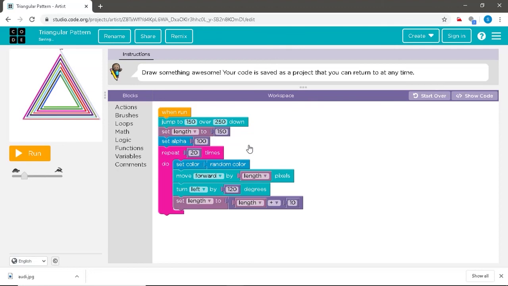So, this is how we will be creating our triangular pattern on our own. So, I shall run the code.